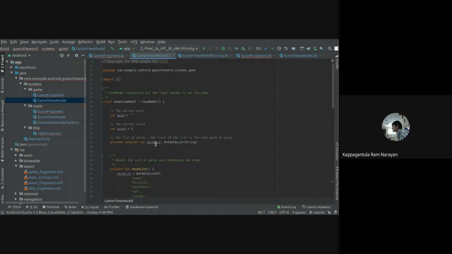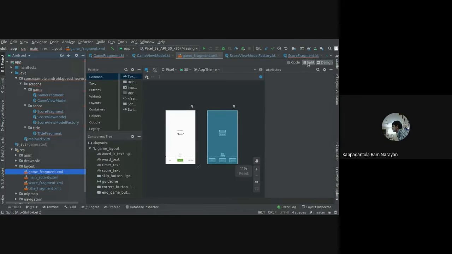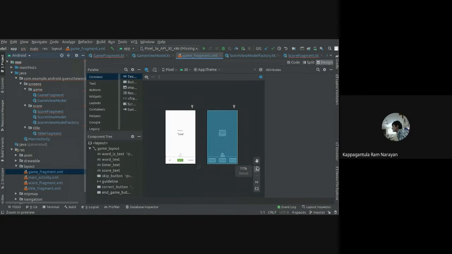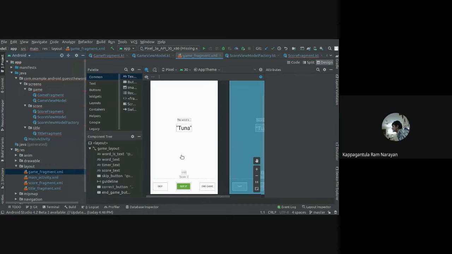Now, what the app does is it's called Guess the Word. I'll show you. Hold on. So it's going to show a word, and a person will be holding this app.